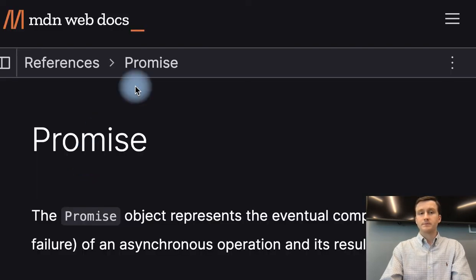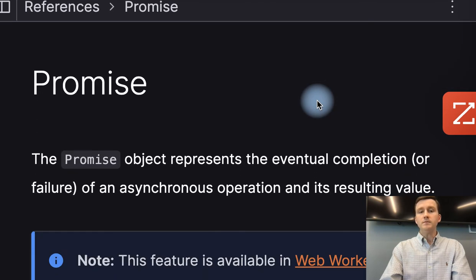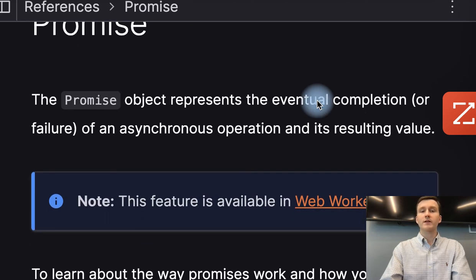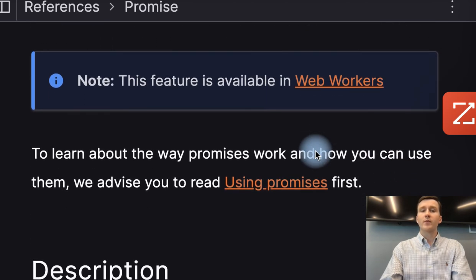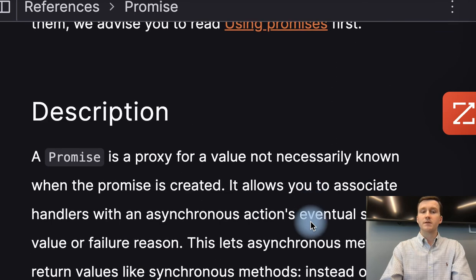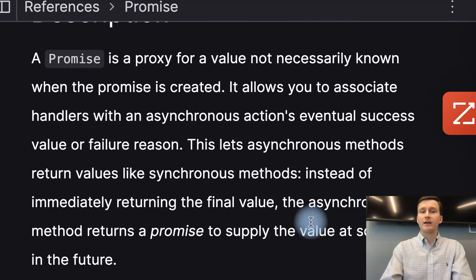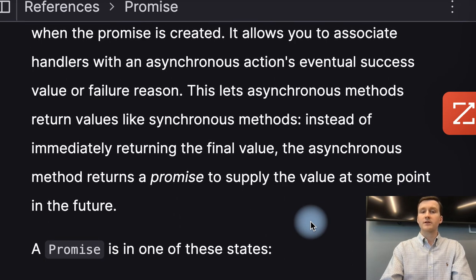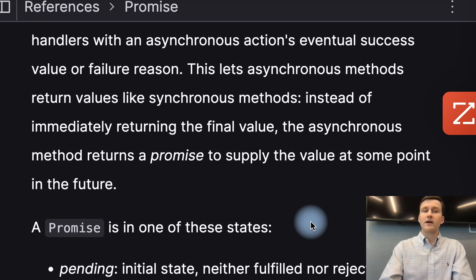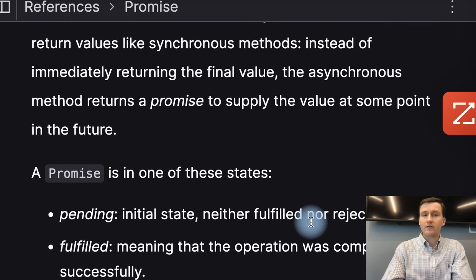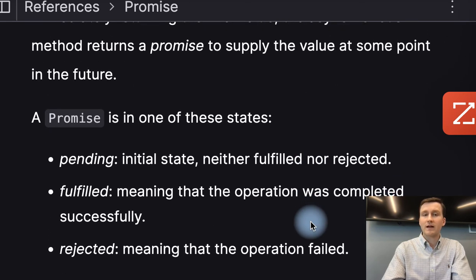Now we'll look at promises. The promise object represents the eventual completion or failure of an asynchronous operation and its resulting value. To learn about the way promises work and how you can use them, we advise you to read Using Promises first. A promise is a proxy for a value not necessarily known when the promise is created. It allows you to associate handlers with an asynchronous action's eventual success, which is a value or failure reason. This lets asynchronous methods return values like synchronous methods. Instead of immediately returning the final value, the asynchronous method returns a promise to supply the value at some point